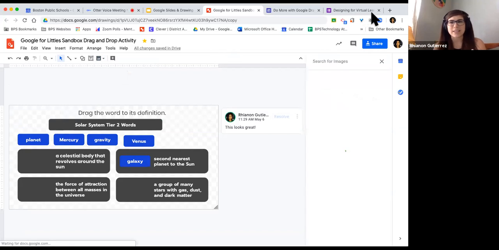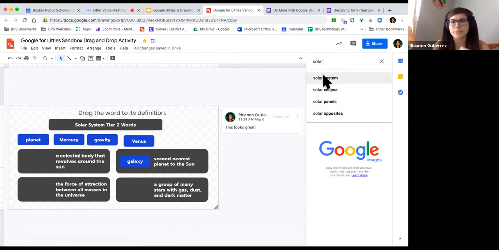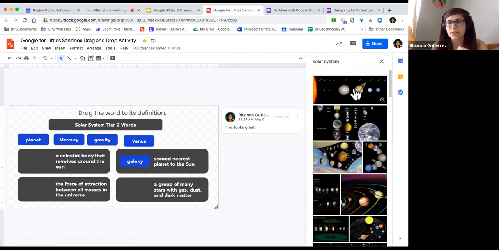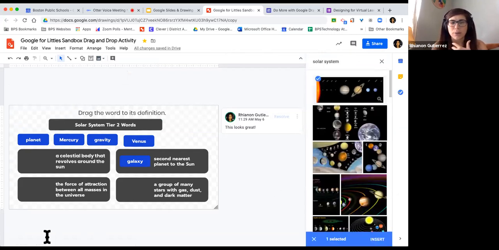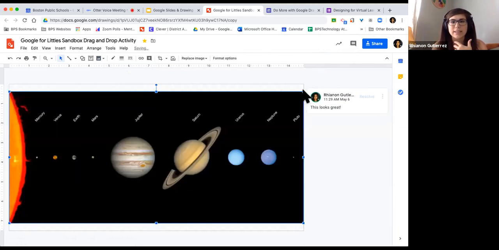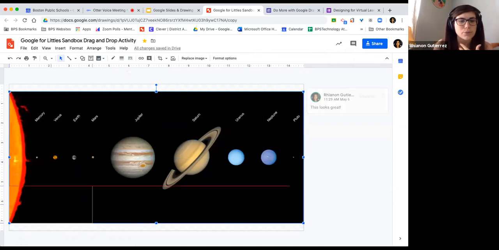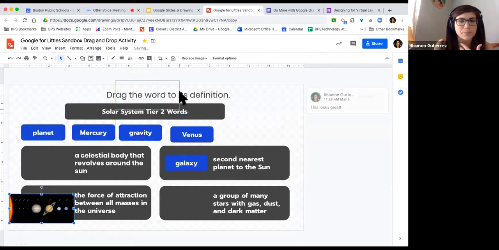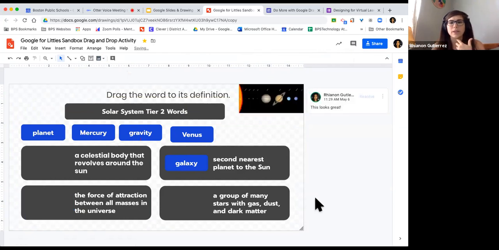This is kind of text heavy, so I could certainly add an image of the solar system to brighten up my document and make it more engaging for students. You can do various things like this to spice up your drawing. Let me adjust that image really quick. There we go. Obviously, you can play around with it.